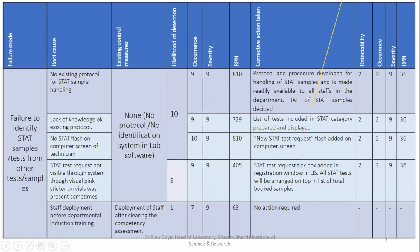So what corrective action has been taken? They have a protocol in place now. The procedure is there. Every person is being trained. They can identify the stat samples both in HIS and LIS. A new stat request has been created that will be flashed on the computer screen as a pop-up, so that as soon as a stat sample is booked, it gives an alert to the technician in the laboratory. And the laboratory also created a stat request tick box in the registration window itself, where they could tick it